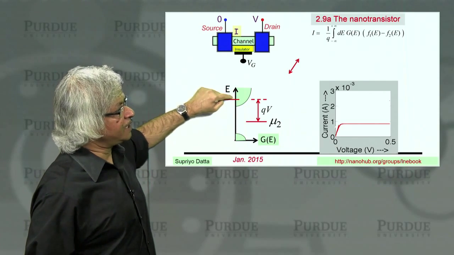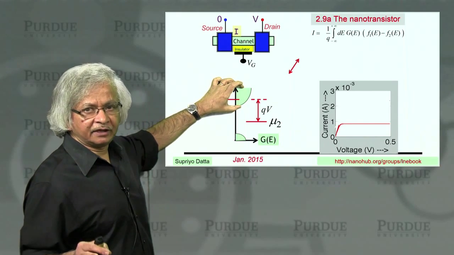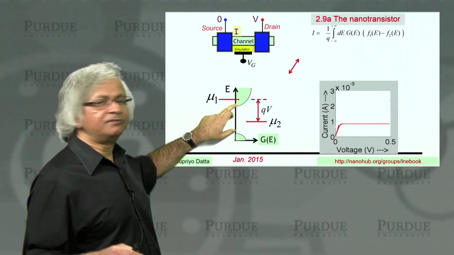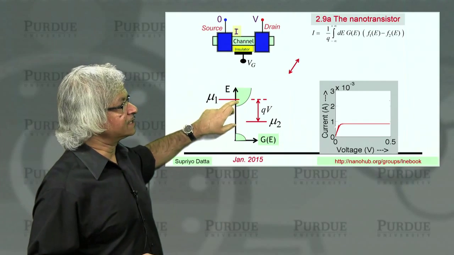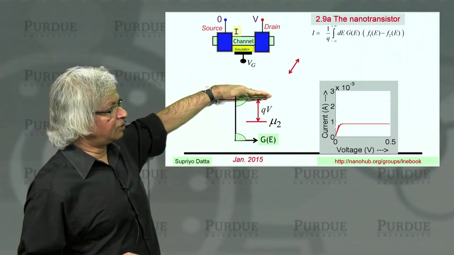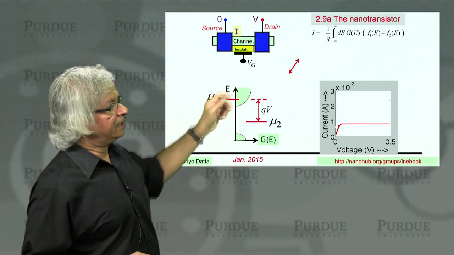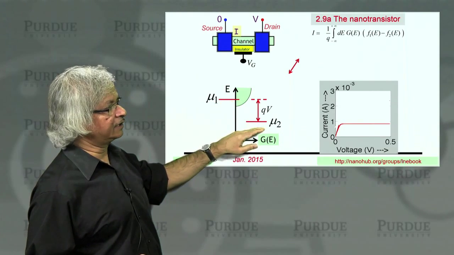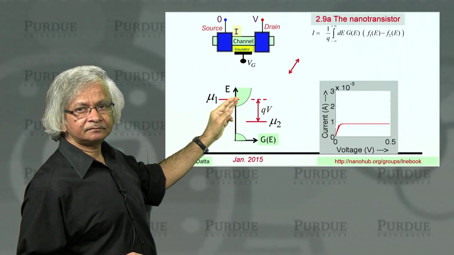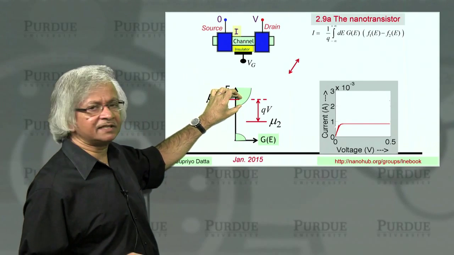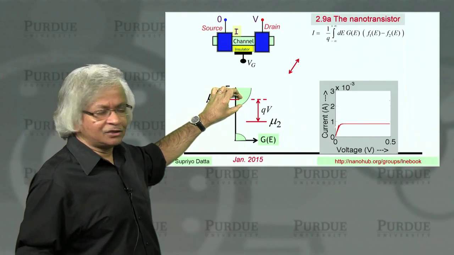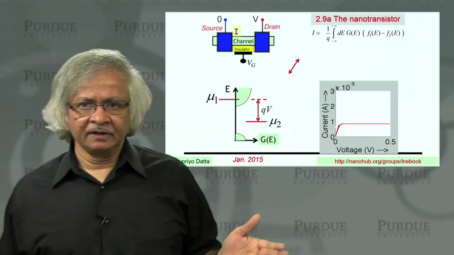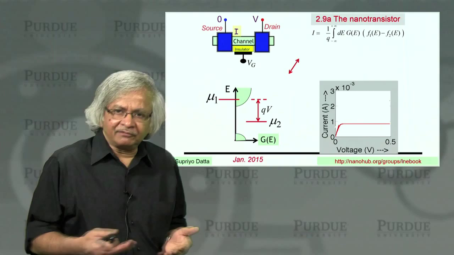Why is that? Well, you see, here we had a band that was full of electrons. And now that you have applied a voltage, you have much fewer electrons in here. Why? Because as long as it was in equilibrium, all these states were filled. Now that it's out of equilibrium, we have one contact which wants to fill it up, another contact which wants to empty it. And so, by and large, these states are kind of half full. So, whatever number of electrons you had at equilibrium, let's say we had 1,000 of them, then out of equilibrium, it would become like 500.